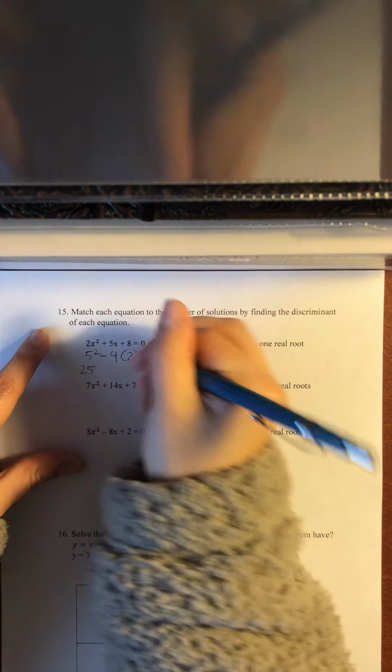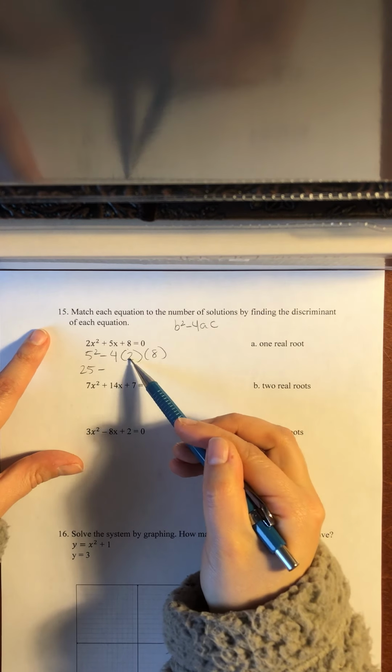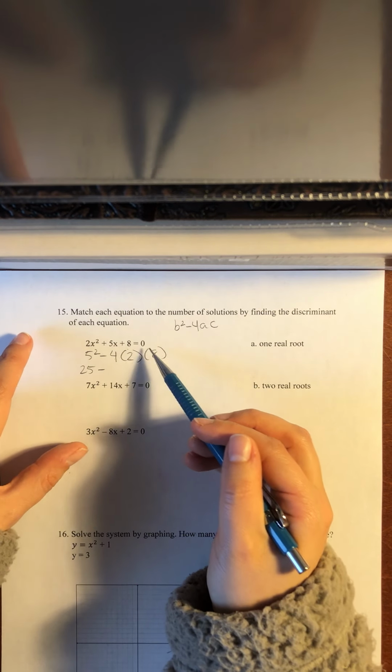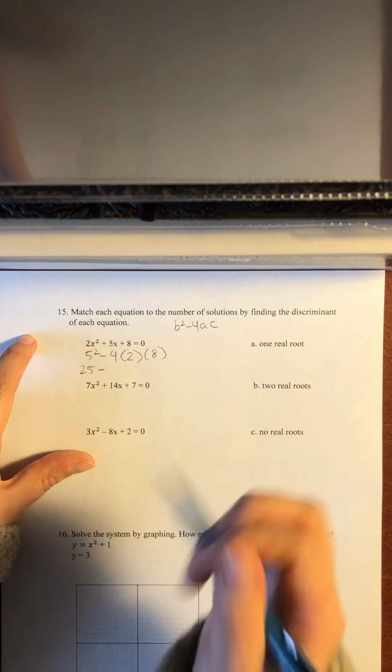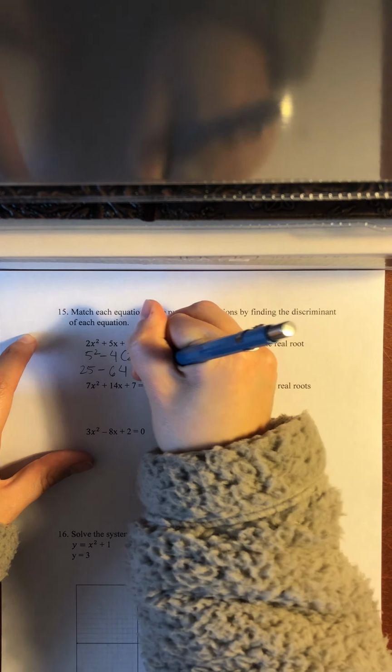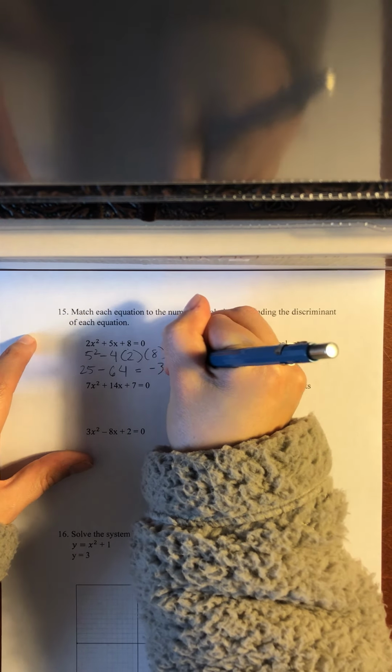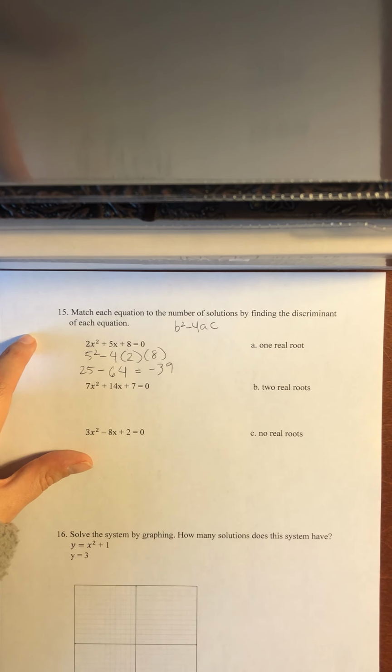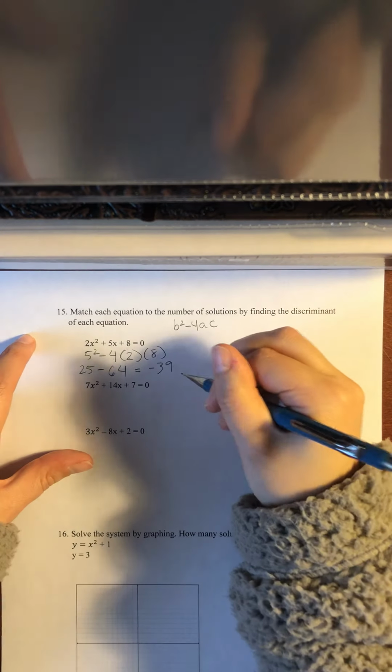So we have 25 minus 4 times 2 is 8, times 8 is 64, which is negative 39. That's a negative number, so when there's a negative number, that means that there's no solution